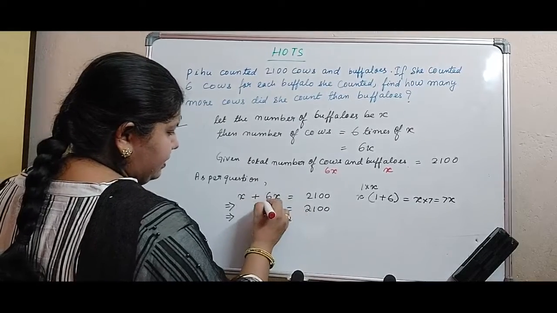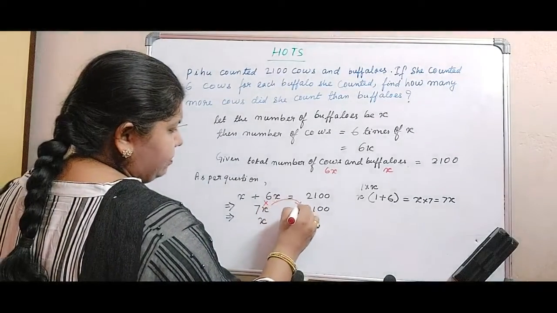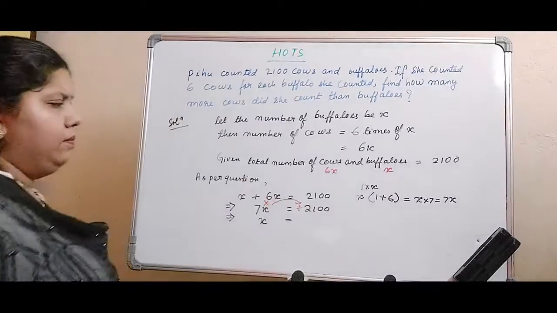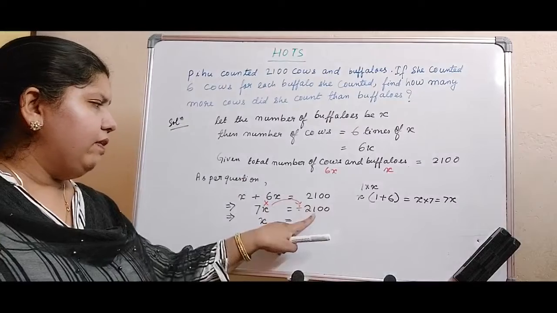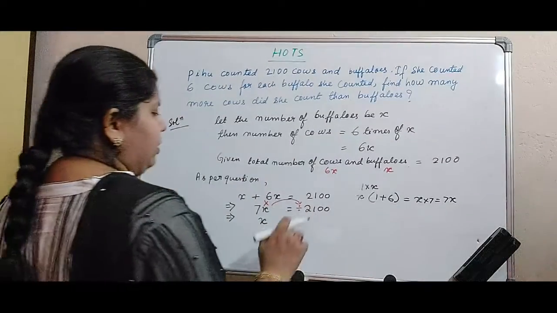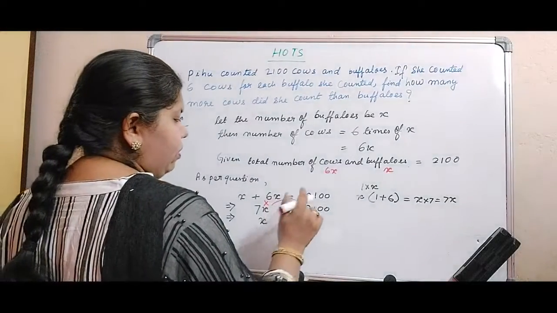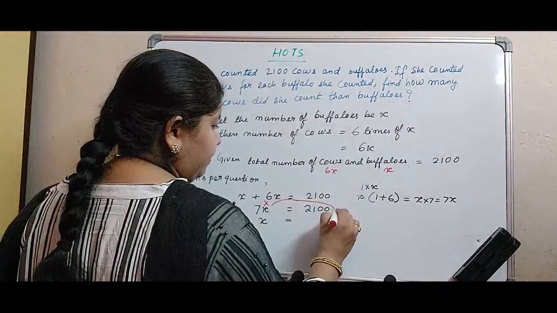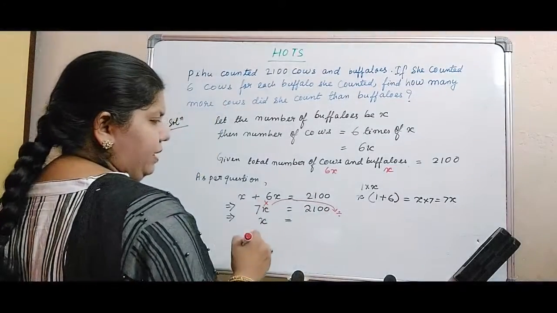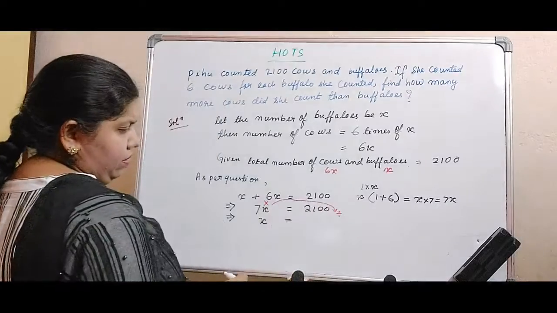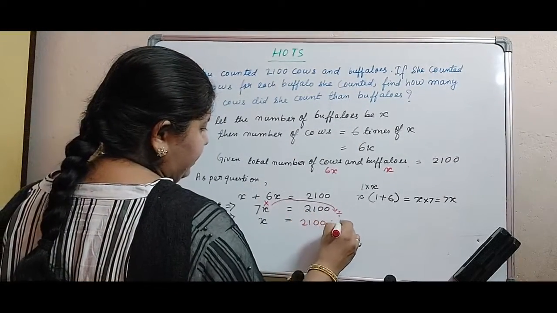So if I say this is multiplication, which is shown here, when it goes to the other side, it becomes what? Division. This you have to remember. What is getting divided is 2100, so you have to divide by 7. Here 7 is multiplied, here it will become division. So the next step will be 2100 divided by 7.